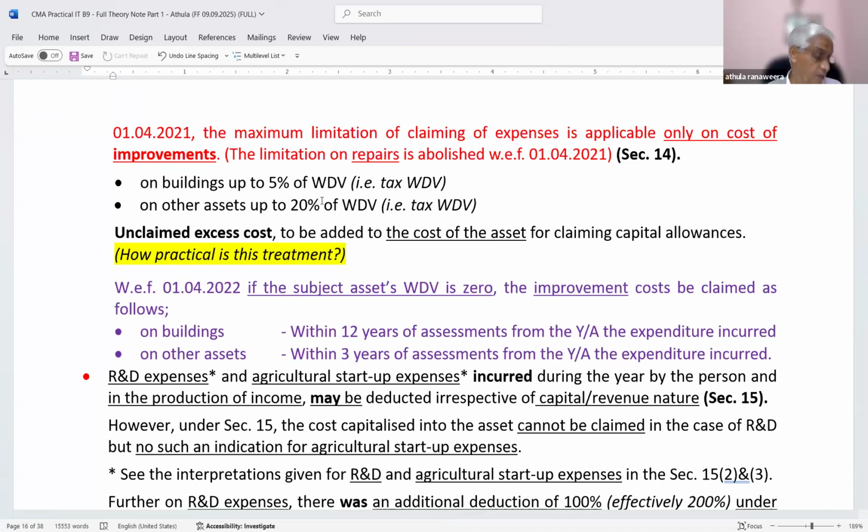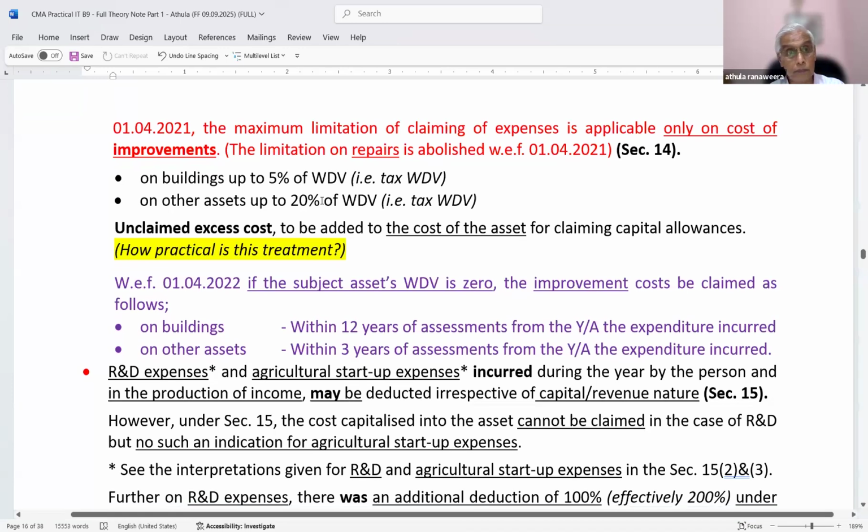Now, as I explained that day, don't just go and add to the cost. You show it as a separate asset. Otherwise, one day you will face a lot of issues because the asset may have already depreciated certain years. Then if you add into that, ultimately, there's a leftover part. Therefore, it is always better to keep it under the same name like building improvements. Right. Then every year, building improvements 23, 24. Then next one, building improvements 23, 24, 25. Likewise, you can maintain that separately.